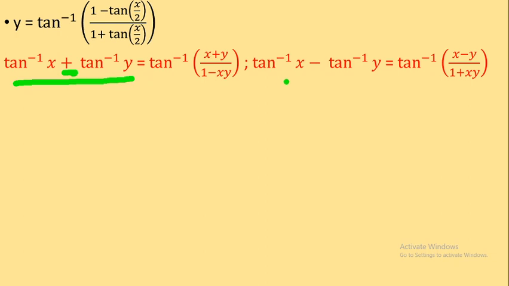And this formula is the same as the first one. The only difference is, if it's plus here and it's minus here, then the numerator becomes minus and the denominator becomes plus. That is the only difference. So I have the one formula and the second is exactly opposite in sign. Okay. So let us go further.